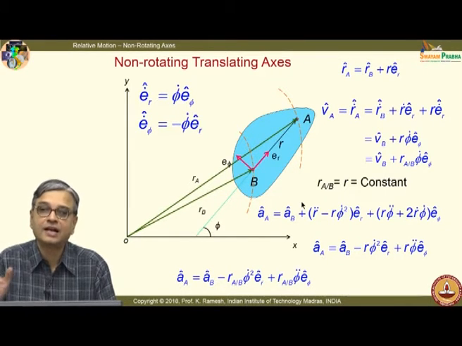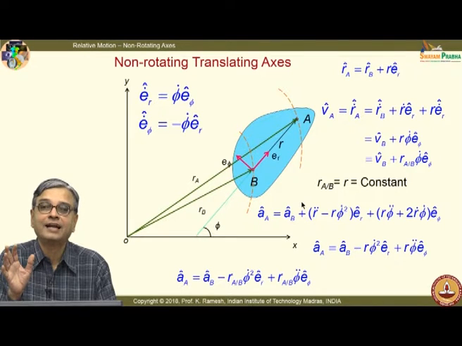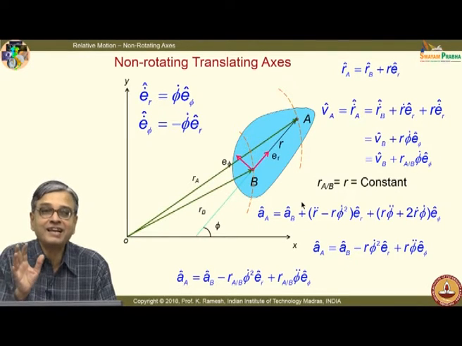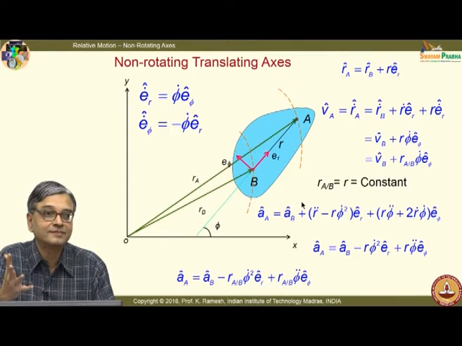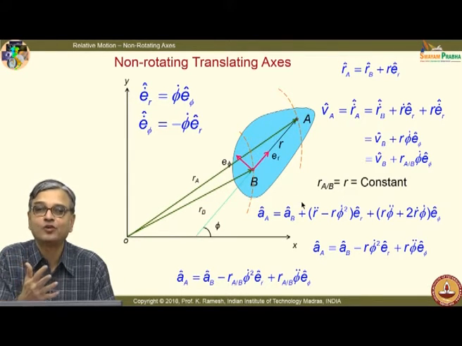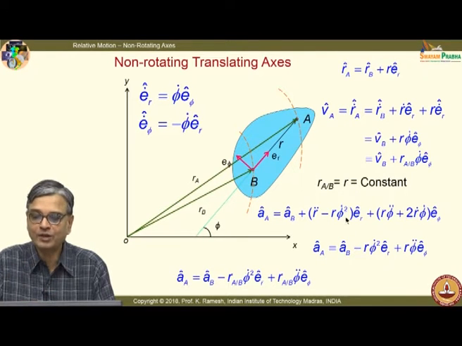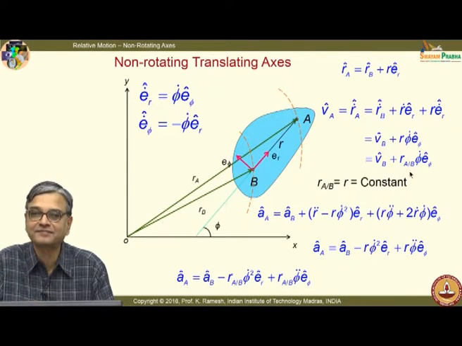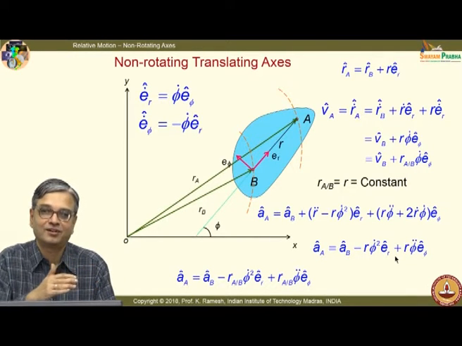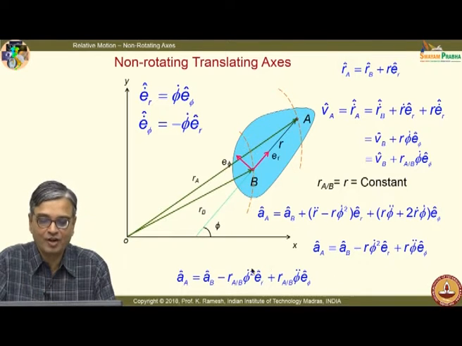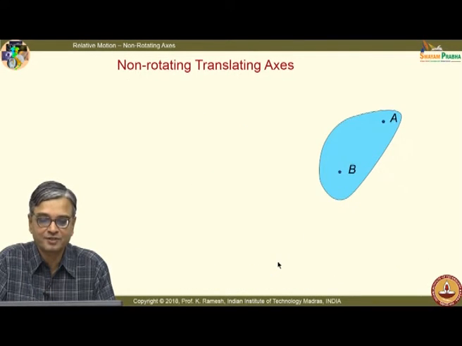That means, I will sit on the object and translate with it, not rotate with it, and observe what happens to the body, which you can visualize physically and you can see that mathematically right here. Mathematically, this is nothing but you are sitting on B and then you are viewing the other point moving in a circle, fine. Let us elaborate on it subsequently.